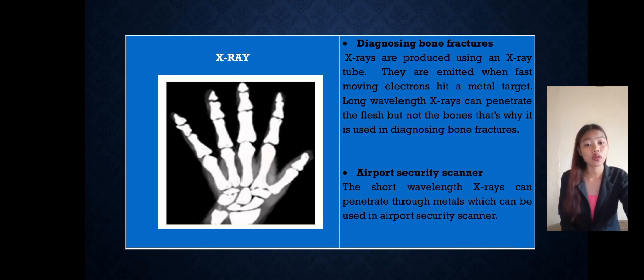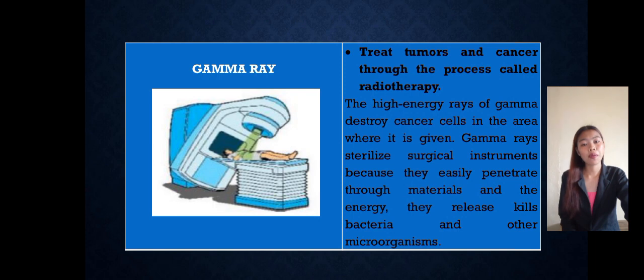And we have the airport security scanner. The short wavelength X-rays used can penetrate through metals, which can be used in airport security scanners. And for the gamma ray practical application, we have the treatment of tumors and cancer through the process called radiotherapy. The high energy rays of gamma ray destroy cancer cells in the area where it is given. Gamma rays sterilize surgical instruments because they easily penetrate through materials, and the energy they release kills bacteria and other